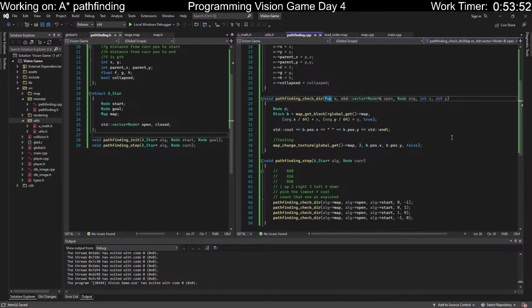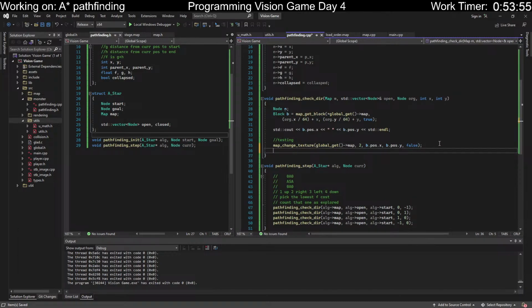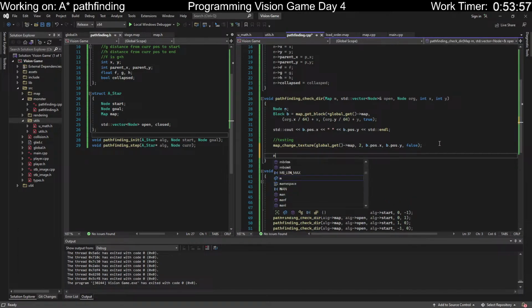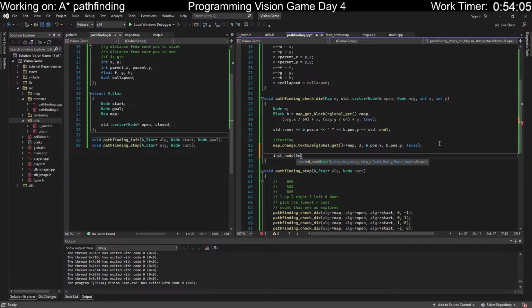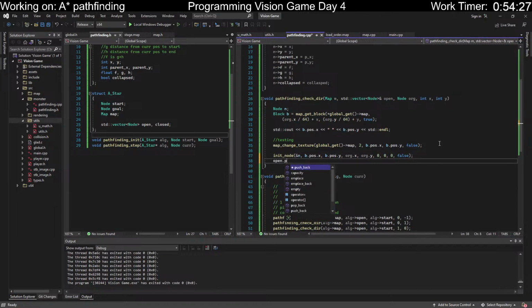Then the way to do it is pass back this. Just init node, taking that, and we'll do b.pos.x, b.pos.y. For now, this will be org.pos, org.x, org.y, 0, 0, 0, and then false. Okay. Open.pushback, and